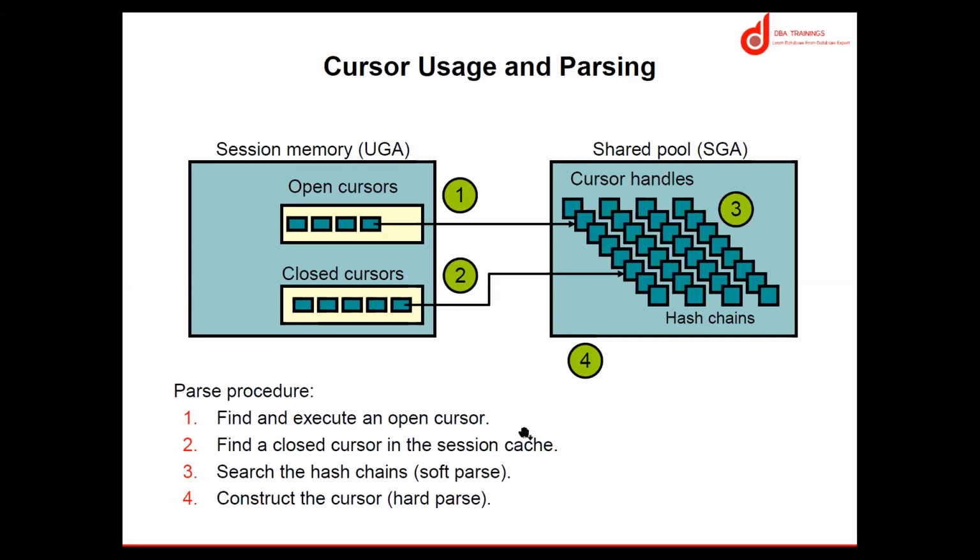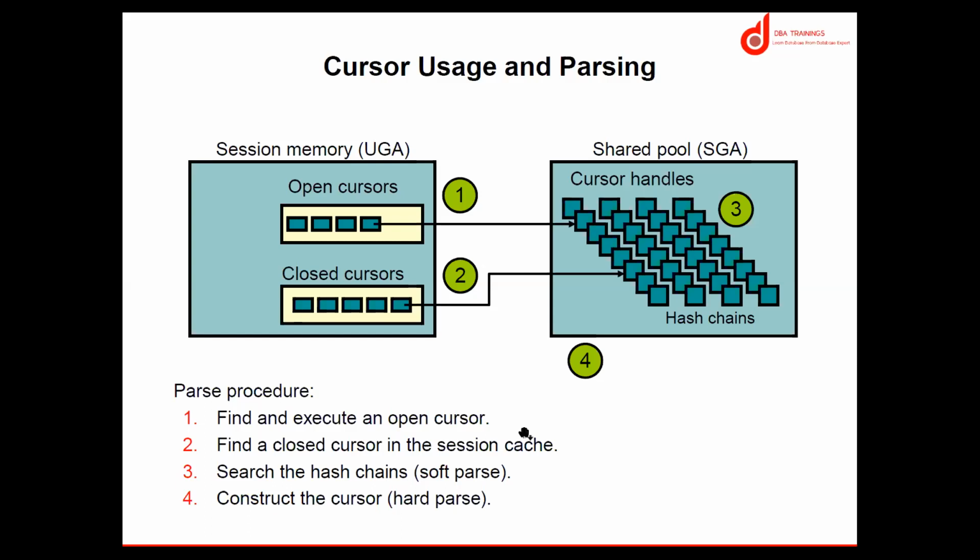As a developer, every time you have to open the cursor, then your cursor will point to your SGA memory, and from there you are able to execute the data. Got it? Your cursor is handled by the library cache. Within the shared pool, the library cache handles it. So how are they going to use it?